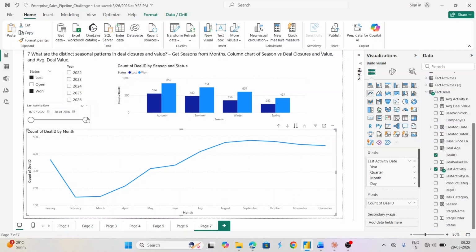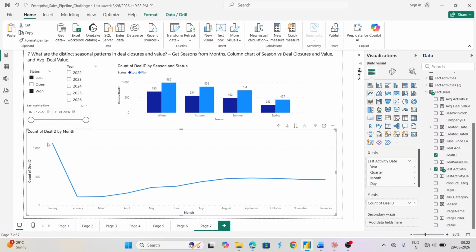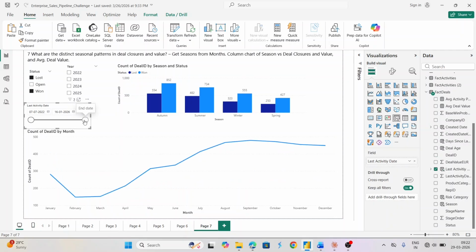Now, let me again, if I expand this, see, this is how it looks because I've just included 31-1-2026. But if I reduce it by just a few, it changes it drastically. And I see that December, the later half of the quarter, is more, right? January also, a lot of deals are closing, but then the most deals are happening in the last